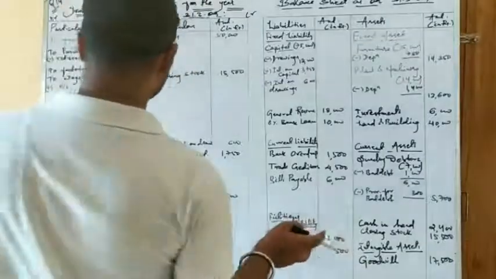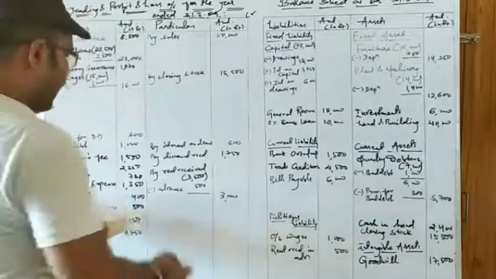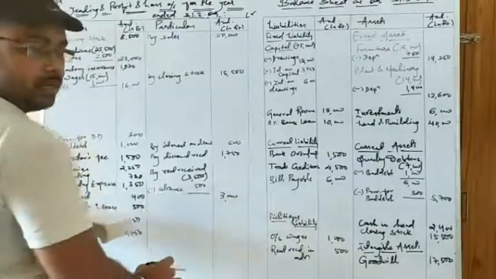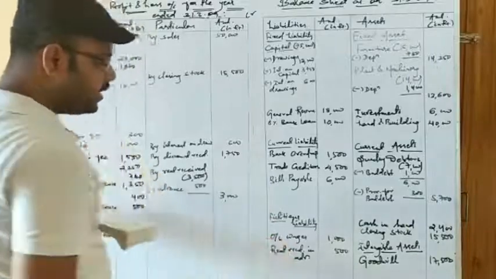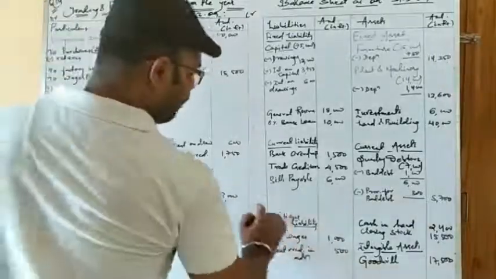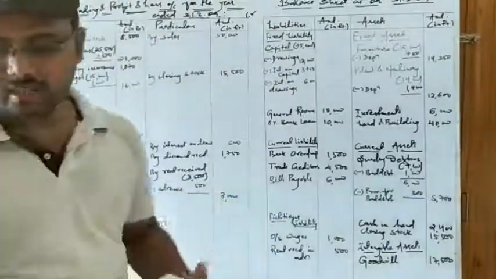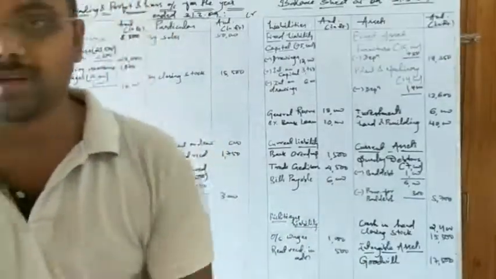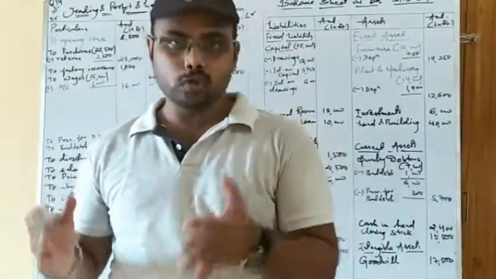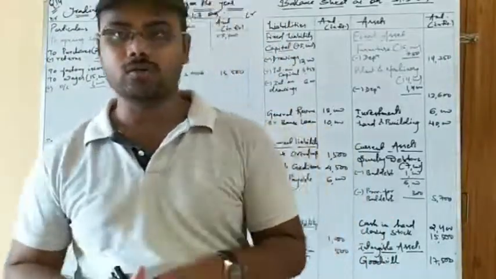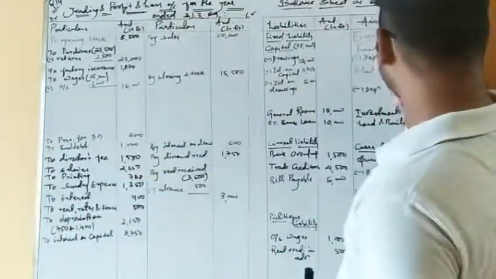So let us go to the credit side of the profit and loss account. We have an adjustment called rent received, and we have deducted the advance, that is 500, and the second treatment of the advance is as a liability, given here as rent received in advance 500 rupees. So all the adjustments are over and treated twice. Always you have to see whether the adjustments that you post in your financial statements are taken to two financial statements or not. All these adjustments we have taken to two financial statements.